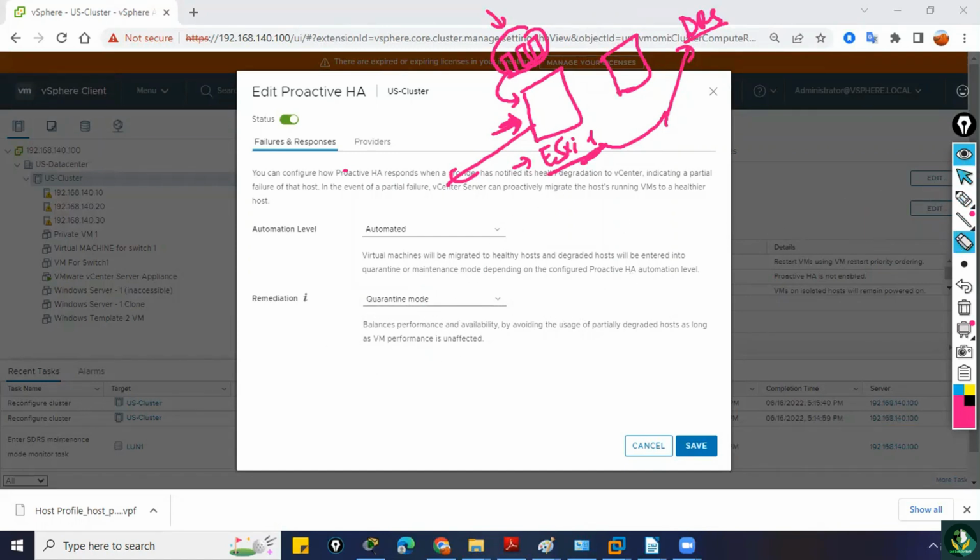That mode is known as mixed mode. This mixed mode is a mixture of quarantine and maintenance mode. Let us try to understand what it means by a mixture of quarantine and maintenance mode. If the issue is not severe,